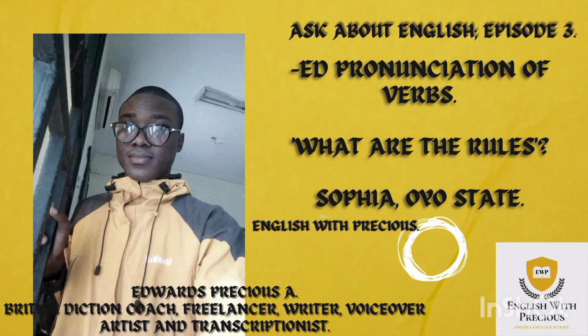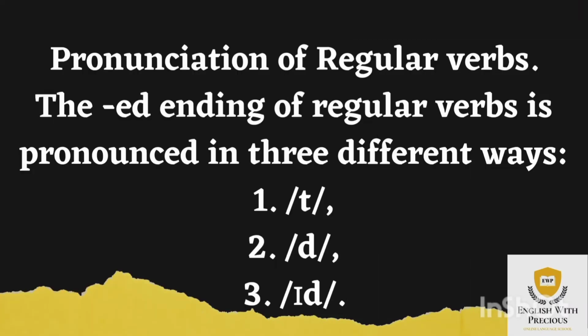Sophia, that's an amazing question. Thanks. Let's start by thinking about the difference between two kinds of sounds. Some sounds are what we call voiced. If you pronounce z or v or even d, you make a sound in your throat. We call that voicing, and if you put your hand on your throat when you say those sounds, you can feel vibrations. Try it. Put your hand on your throat and say